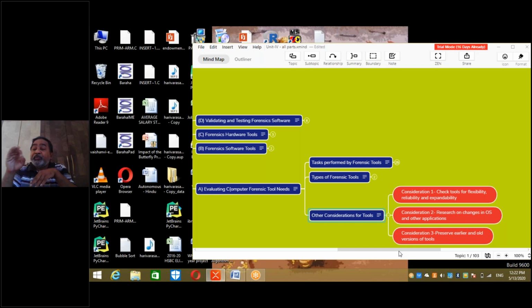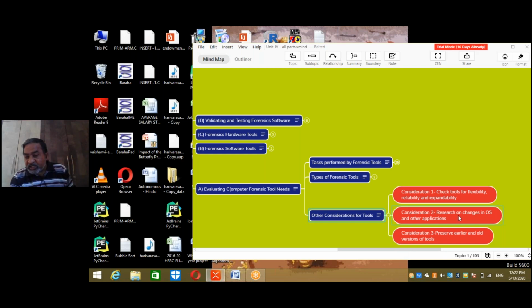Reliability: the report produced, the data generated should be believable, admissible, acceptable. This is reliability. And expandability, that means if you want to use it in another environment, it should be possible. Right? Scalability is another aspect.